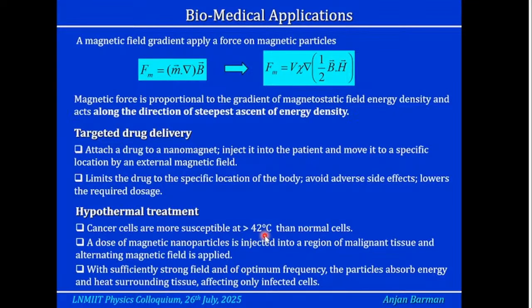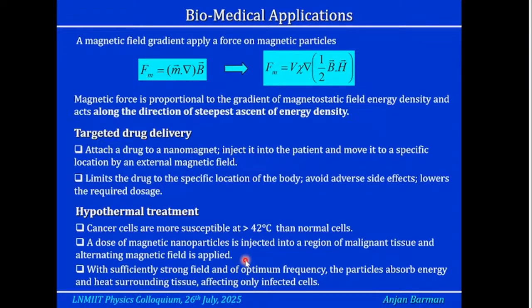So what you can do is, again, you put a dose of drug with magnetic nanoparticles, and you inject it, and locate it, move it, and release it at a particular region of the malignant tissue, and then you apply an external alternating magnetic field, or AC magnetic field, and change the frequency of that magnetic field. And this magnetic nanoparticle has a